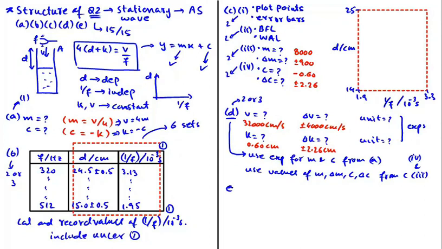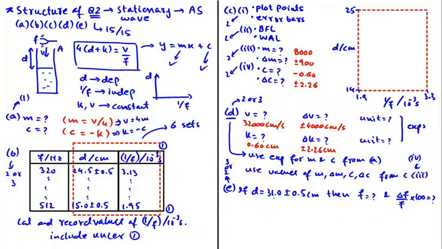Now let's look at the structure of the last part of graph question, part E. This part also carries 2 or 3 marks. Students, in part E of graph question, we are always given a value of dependent variable that lies outside the graph grid. For example, in this question, we have been given that if D, which is dependent variable, is equal to 31.0 plus minus 0.5 centimeter, then determine the value of f for this value of D and percentage uncertainty in the value of f.